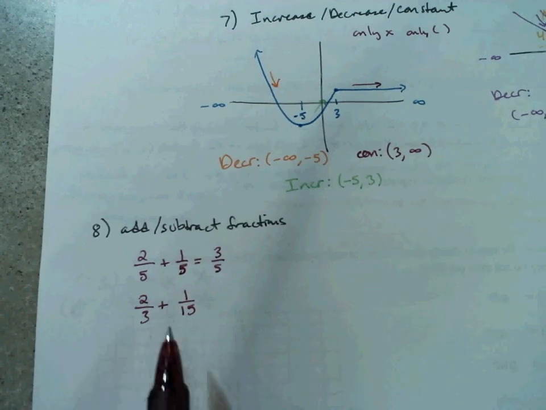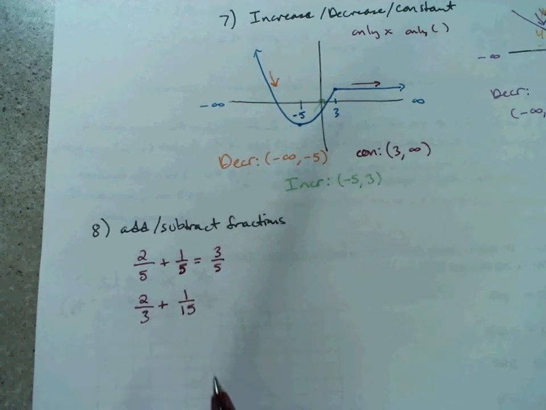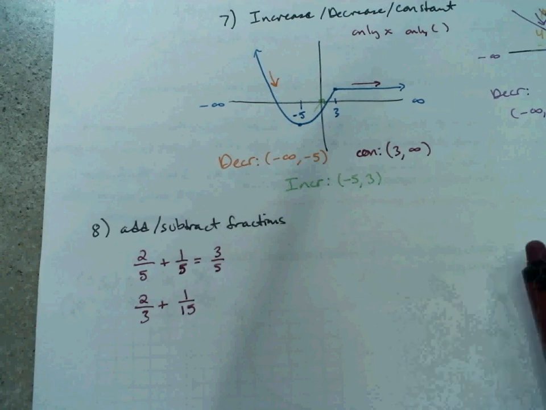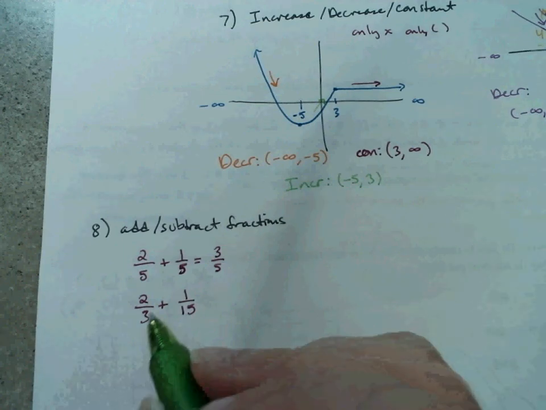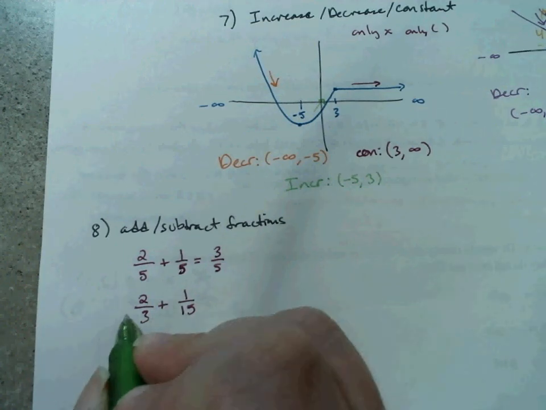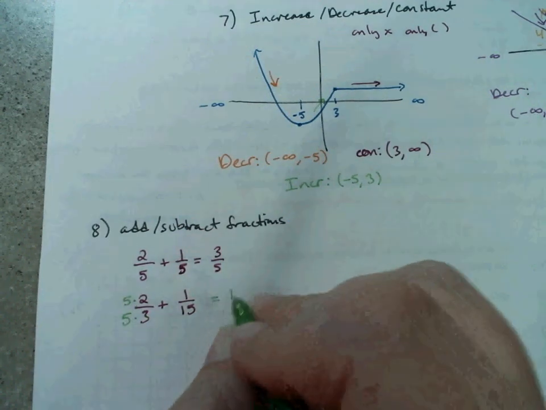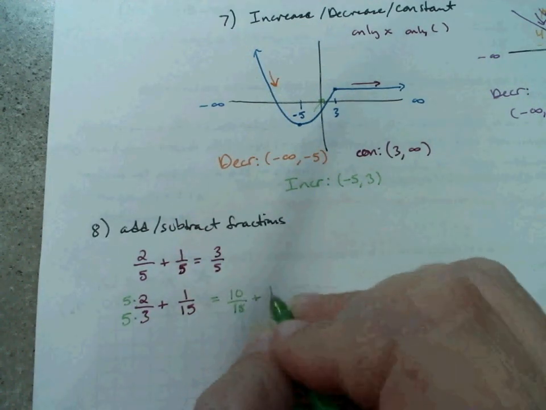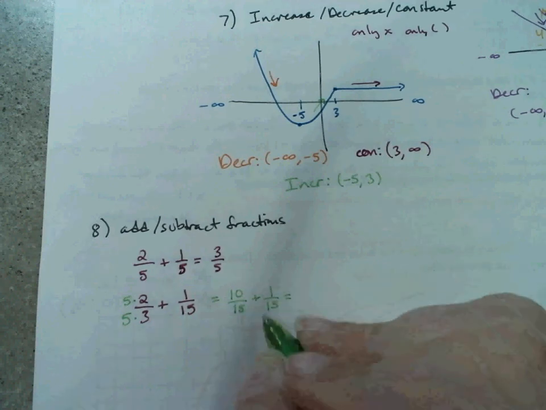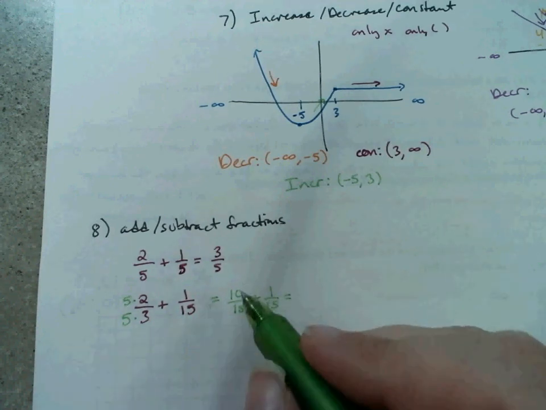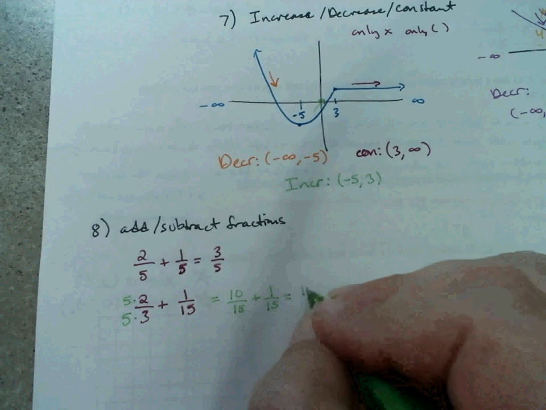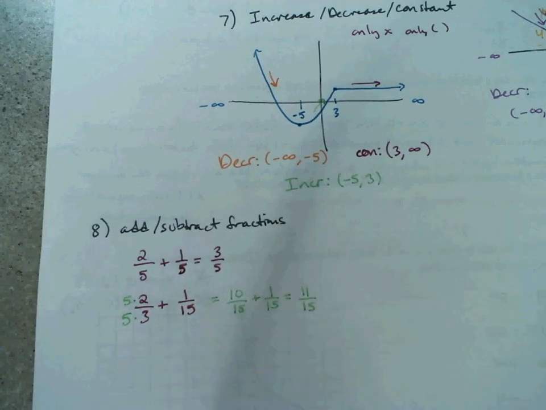These are not the same denominators, so I cannot compare these amounts and just say, well, I'm just going to add the denominators, because it definitely does not translate in the same way. What you need to do is have a common denominator, so you'd multiply top and bottom by 5 on this, and that would give me 10/15 plus 1/15. Now they're in the same proportions, right? 10 out of the 15 plus 1 out of the 15 is 11 out of the 15,